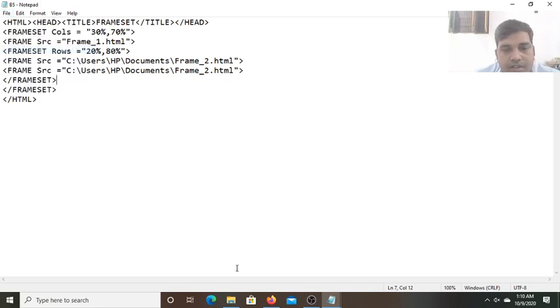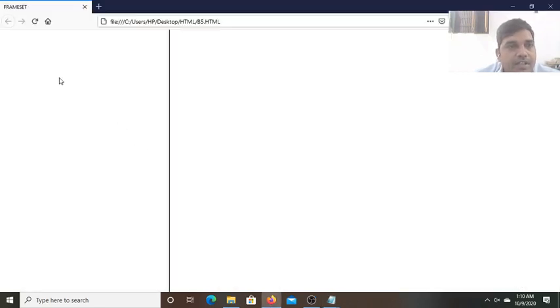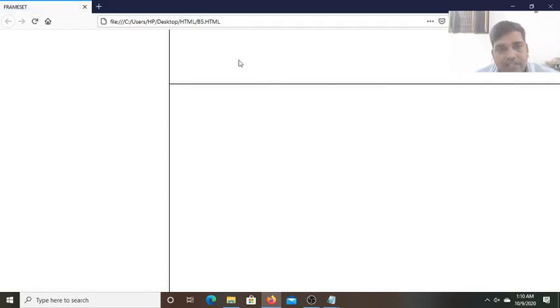Okay. Now let me open this web page and refresh it. See. Yes, now you can see this second vertical frame is divided into two horizontal frames. One with width 20% and another with 80%. Like this we can divide each frame into different frames. Now after this, this first horizontal frame also we can divide vertically into two or three frames. Okay. So this frameset tag is also used to create our profile.